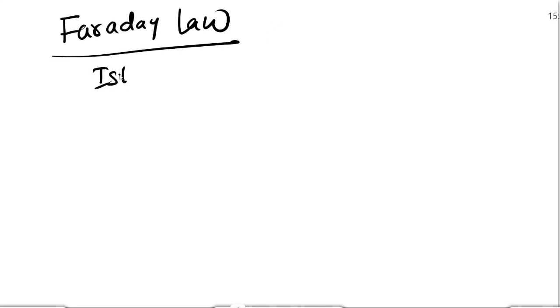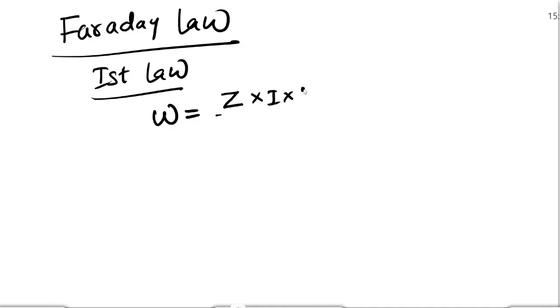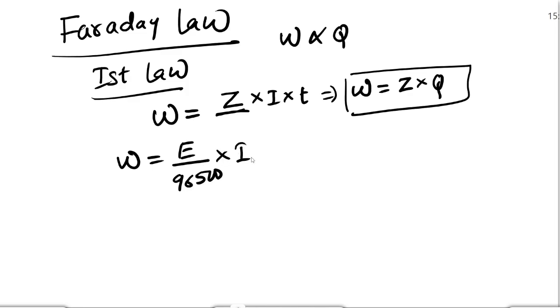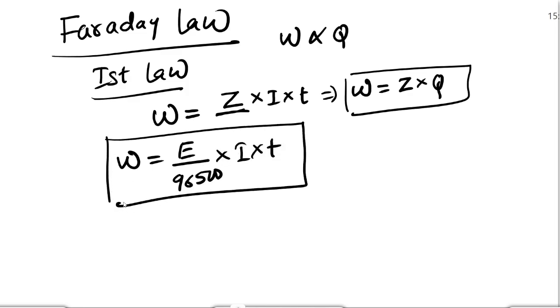What is first law? Mass deposited and gas liberated is directly proportional to amount of charge. Yes, it is Z into I into T, or we can say weight deposited is proportional to Q, that is Z into Q, and Z is electrochemical equivalent, and that is equal to equivalent weight upon 96,500 into I into T. That is Faraday's first law, that current you should measure in ampere, time in second,